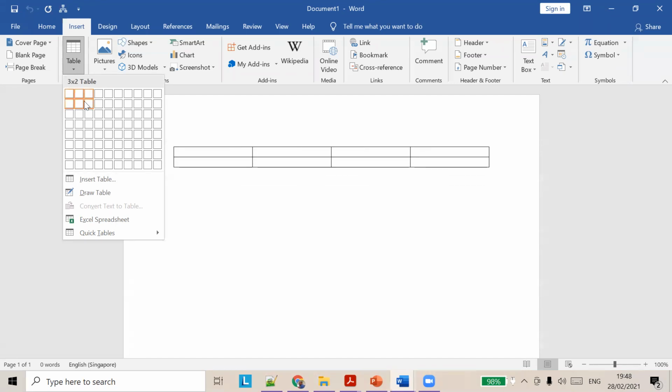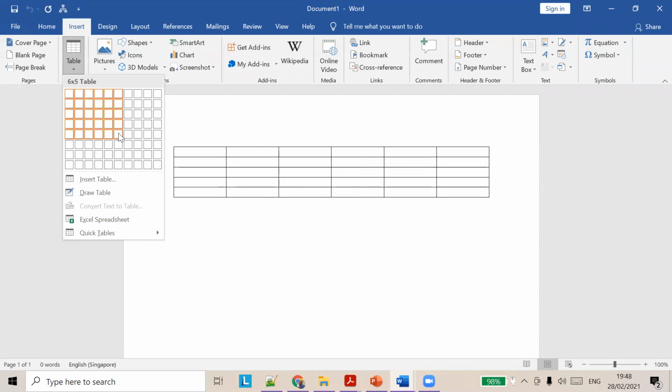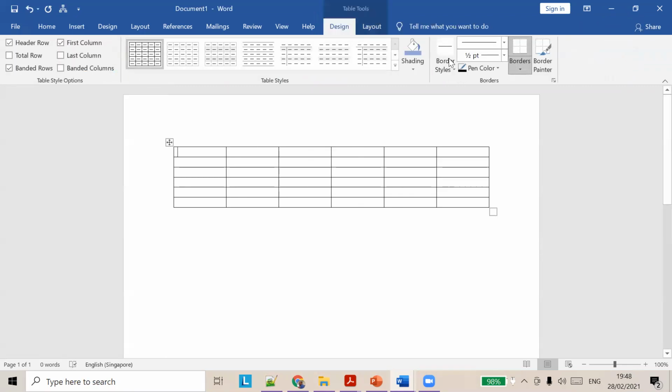I can choose from here. You can see 6 by 6 at the top, a 6 by 6 table. Click on this, and a table will be created with six rows and 6 columns.